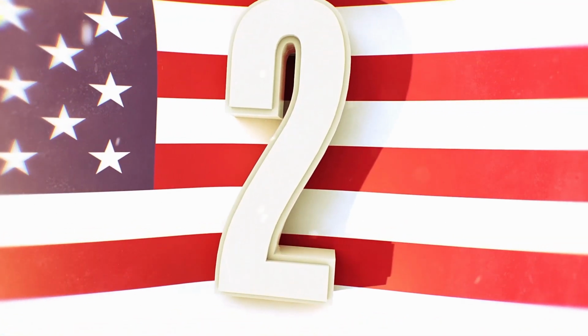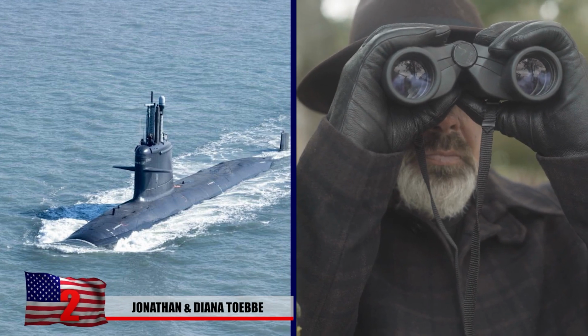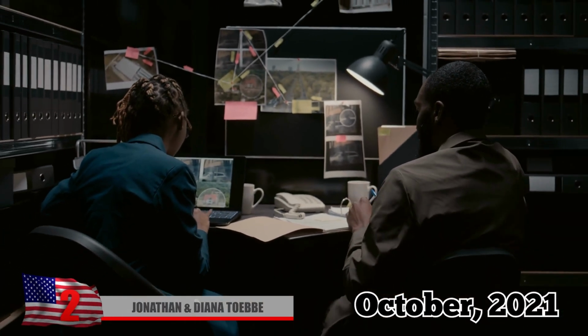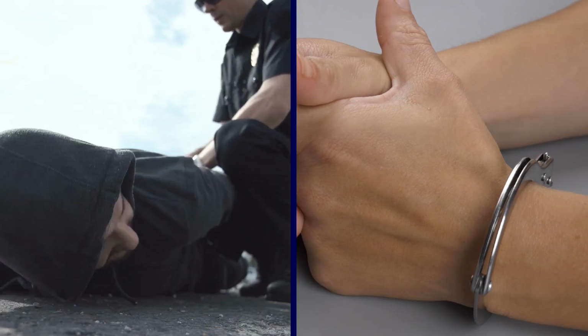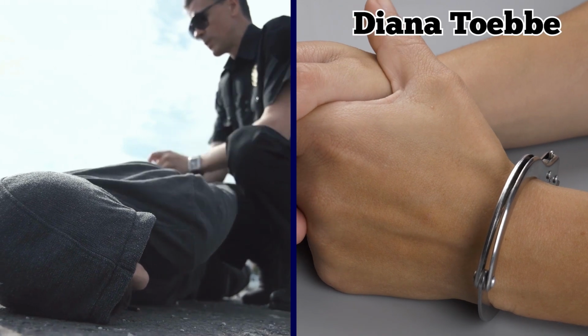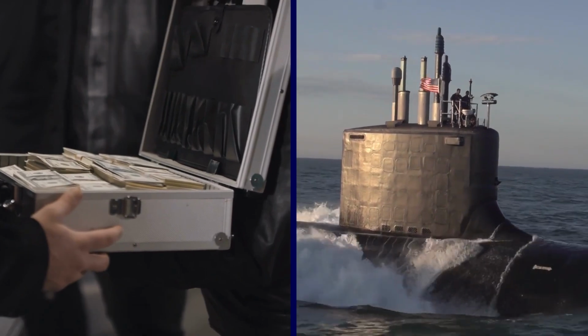2. Jonathan and Diana Tobay. Not all submarine-related espionage occurs underwater, as one recent case proved. In October 2021, the US Department of Justice announced the arrest of a nuclear naval engineer named Jonathan Tobay and his wife Diana Tobay, who were accused of trying to sell some of America's most closely guarded submarine secrets to